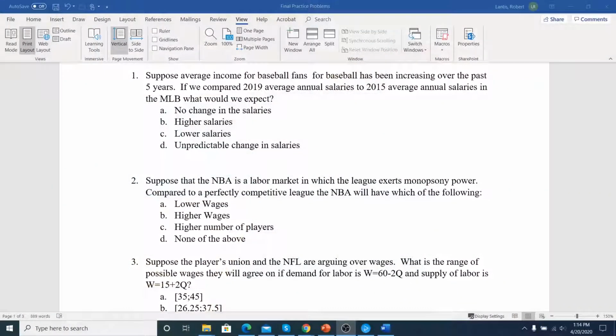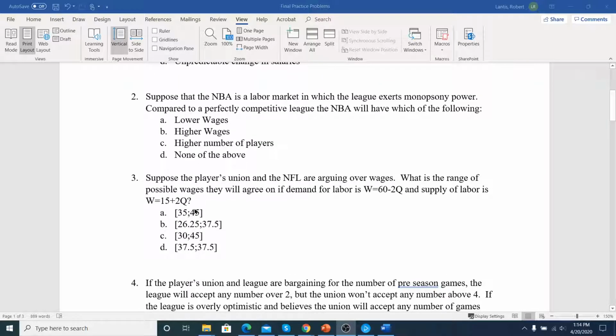So that's that. Let's go over here. So, right, lower wages we would see from having monopsony power. So 3 is going to be very similar, and there are some homework problems like this on homework number 4,